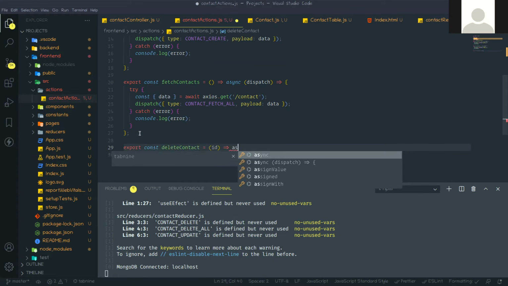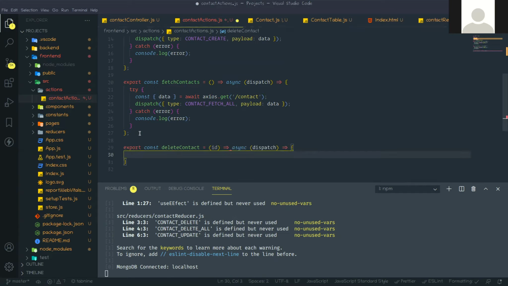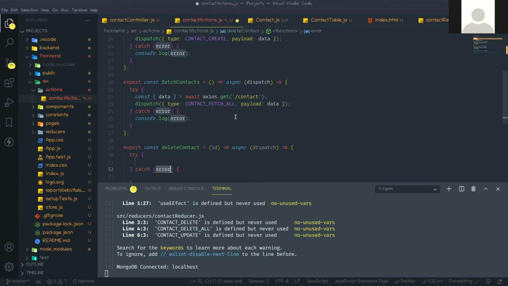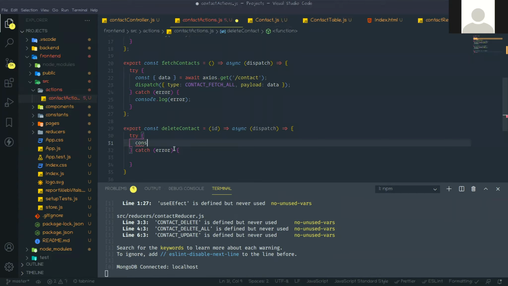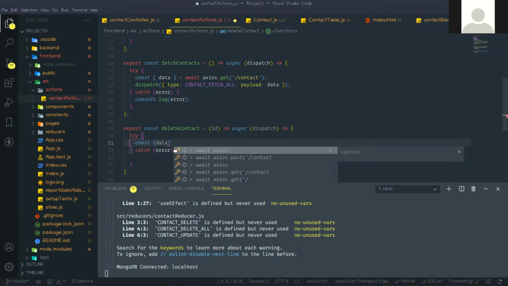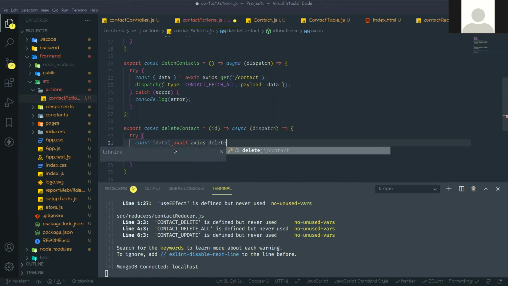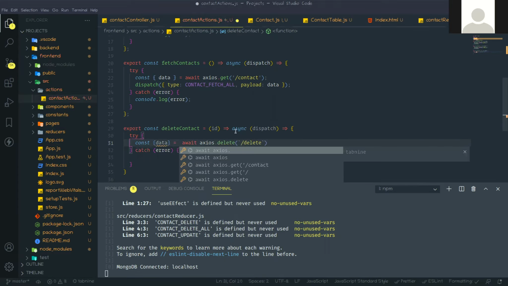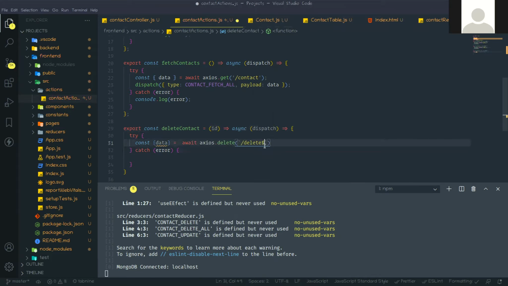Here we are creating one try catch block. In this block we just call that API. That method should be delete, and that API is delete, and then that ID.